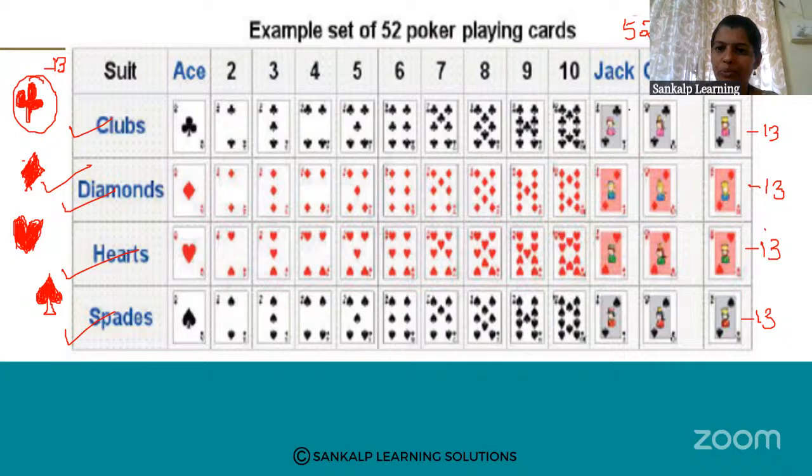Next. So here you are observing 3 different cards. So these are all number cards. Here there are 3 different cards. Here there is one different card. So one card we call it as a jack. Next is queen, another one is king. So this jack, queen and king, these 3 cards are there in all 4 sets.